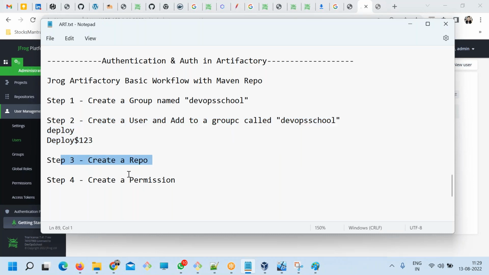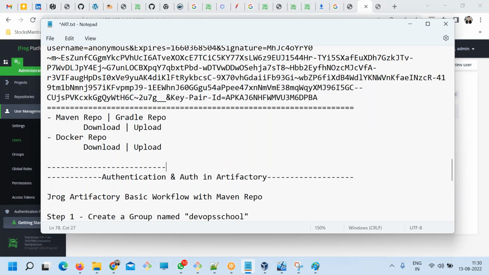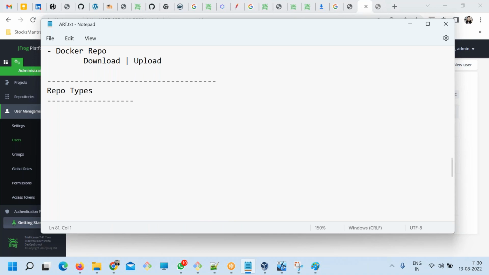So repo means what? Repo means a place where your packages will be stored. There's some topic which you need to understand here. What you need to understand here? A repo type. See, I'm not saying package type, I'm saying repo type. So in Artifactory, there are 3 types of repo. Okay, 3 types of repo. What are those? We have a local repo, and we have a remote repo,